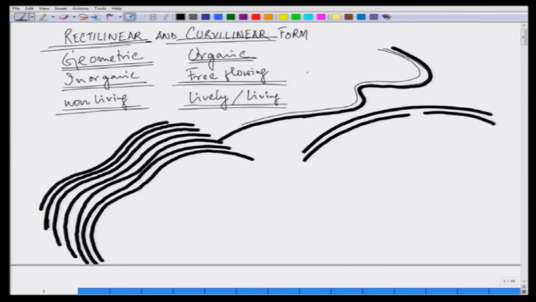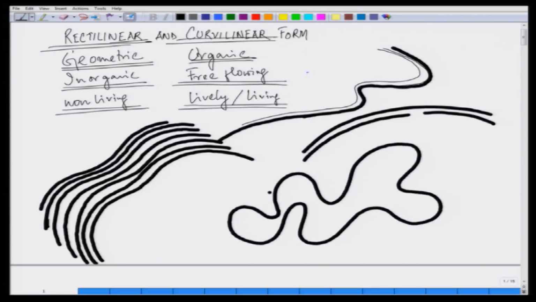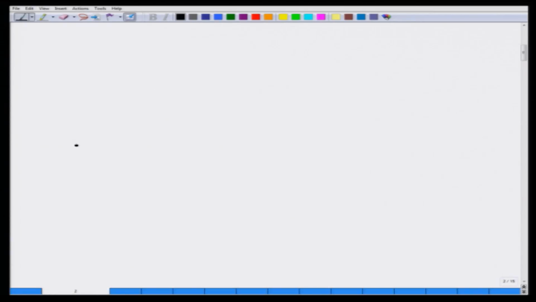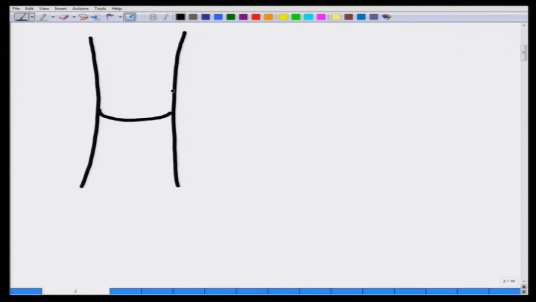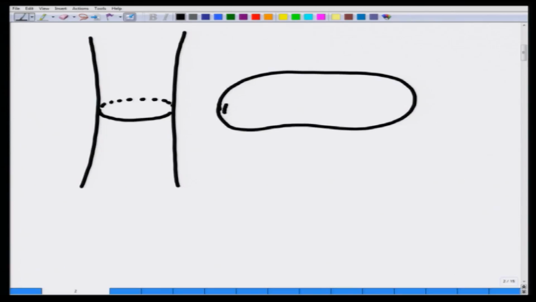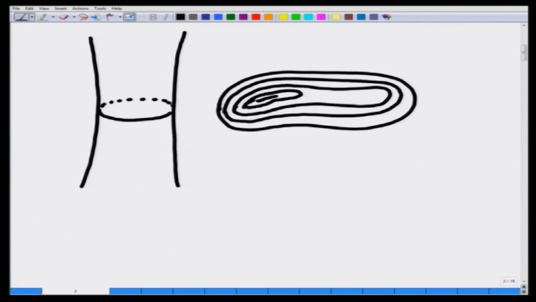When we think of any natural shape that is as curvy as this, it gives us a formation which is more organic. This is more like when we make a cross section of any natural object, like a tree trunk. When we take a cross section of a tree trunk, what we get inside is a pattern which will be curvilinear in nature,